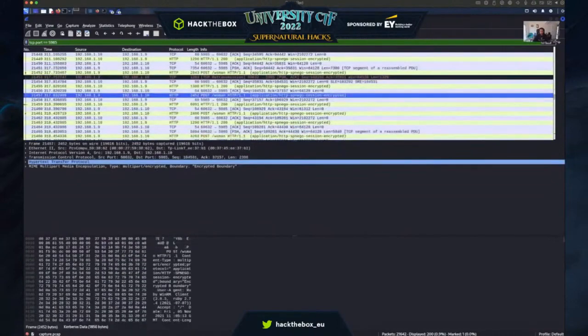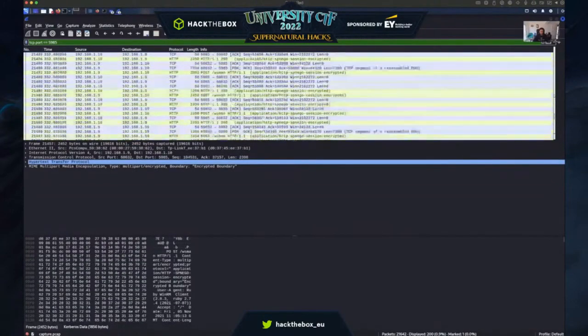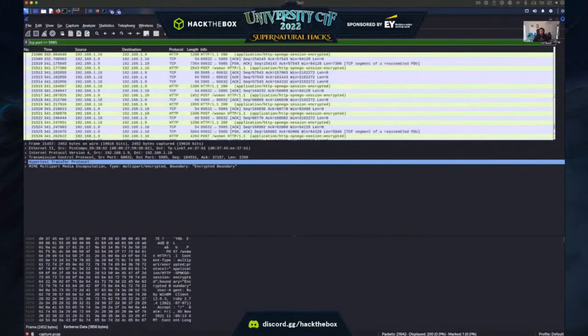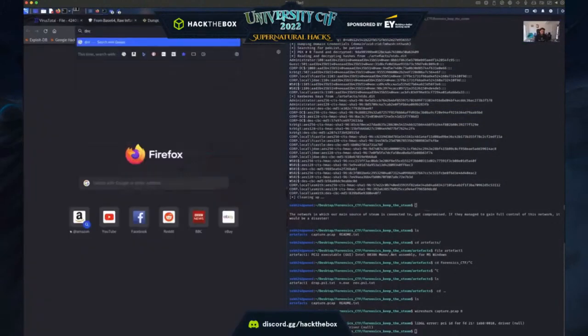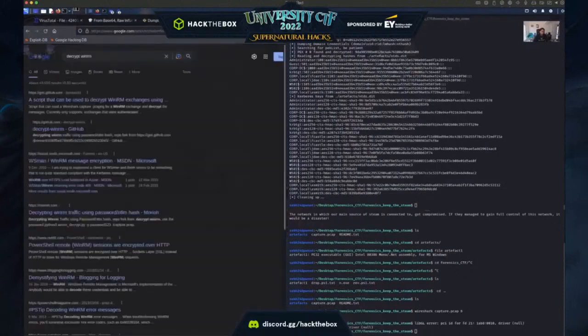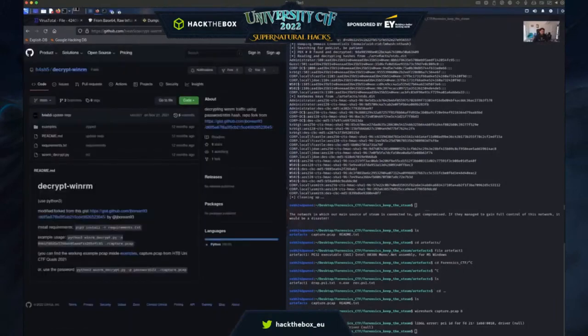It's probably worth Googling to see if, now we've got the hash, we can potentially decrypt that in some shape or form. So what I'm just going to do is go to Google and search decrypt WinRM. Okay, and we can see here that there's a script that exists for decrypting WinRM using a password or an NTLM hash, which is what we do have, which is brilliant. Okay, so if we just go into here,